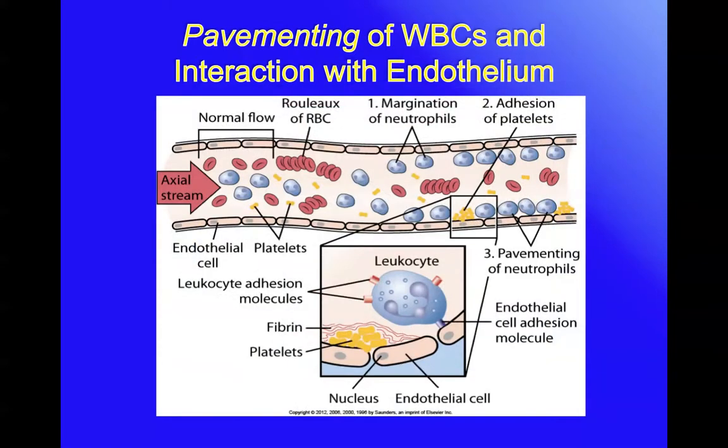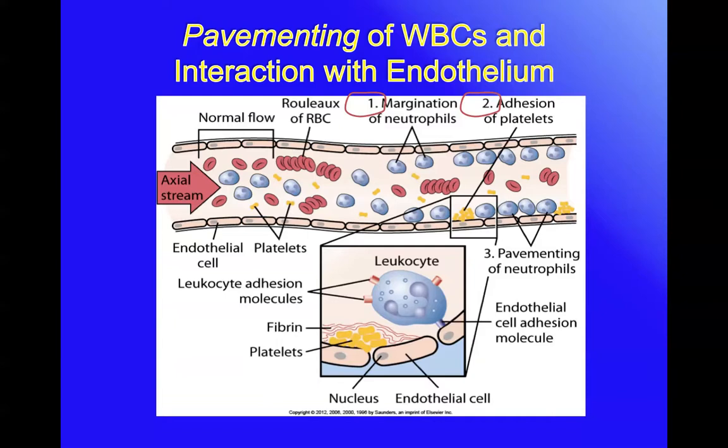This slide focuses upon the cellular changes in inflammation. You can see the stacking, or rouleau, of red blood cells. Step 1 is the margination of a type of white blood cell called neutrophils, which brings them in close contact with the vessel's endothelium. Step 2 is the adhesion of platelets, which results in the release of chemical mediators of